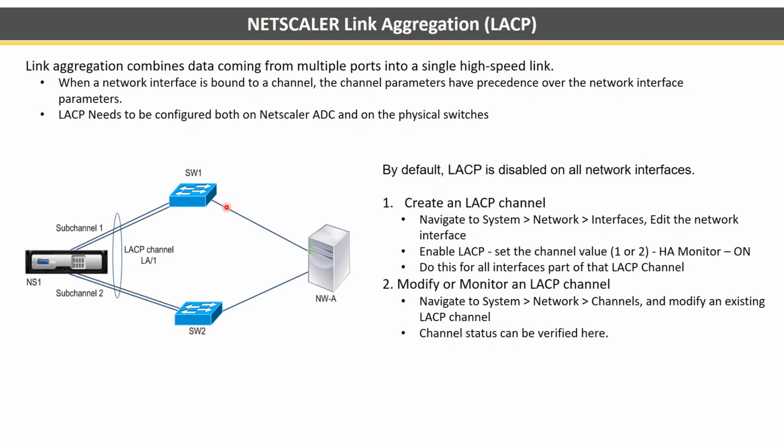So for your communication to work, when you are putting any interface on an LACP channel, you need to tag the VLAN ID on the LACP channel also. It's very simple. Go to System, Network, Channels, click on it, and there is a VLAN number there. Just put it there. That's it. It's very simple, but you need to know the concepts, right? This VLAN ID trunking happens only when your switch side is a trunk port, not an access port. If it is an access port, you don't have headaches, you don't need to tag a VLAN.